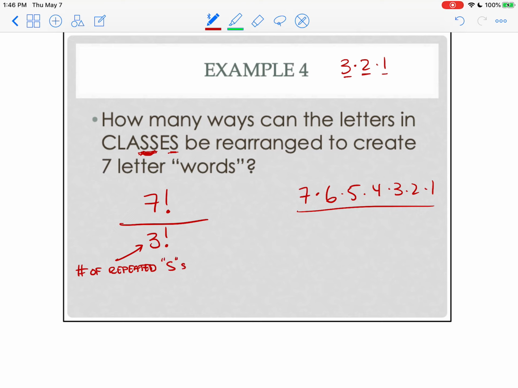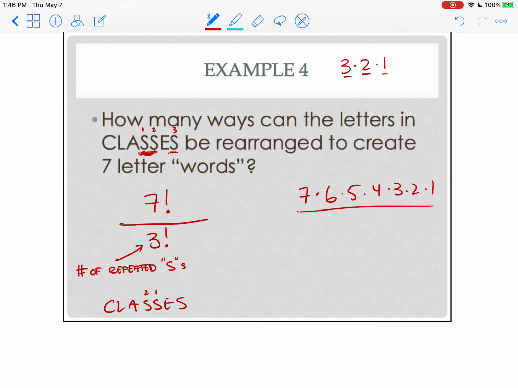Okay? So if all the letters in classes were different letters, then the answer would just be 7 factorial. But because S is repeated 3 times, I need to divide by that. Otherwise, I'm going to be, let's call this S1 and S2 and S3. I can have classes